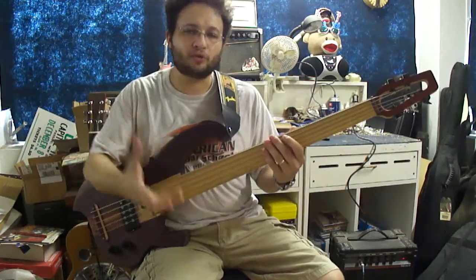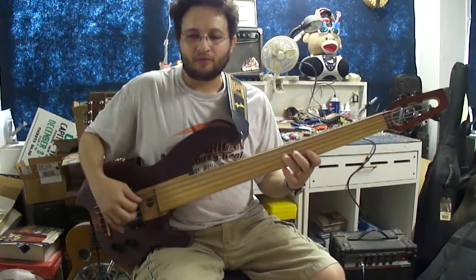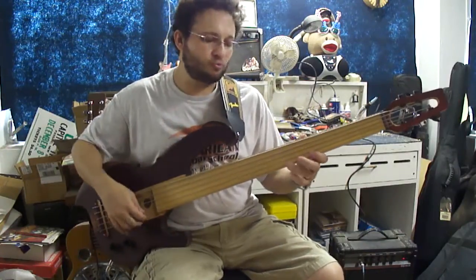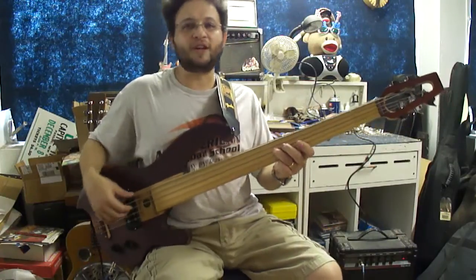What's nice is that it's very responsive. This bass is very responsive to player dynamics. If you play soft, it's mellow and smooth. If you dig in,